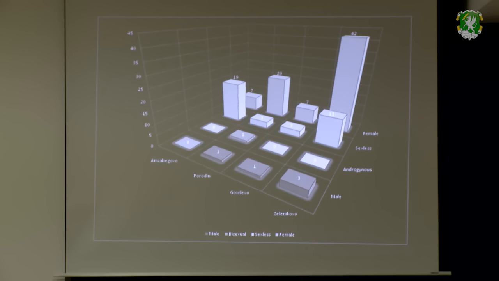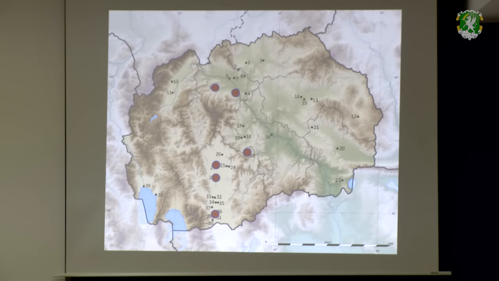In some sites, it's true that most of the figurines are female, but in sites like Amzabegovo, or the sites in general in the Ovčapolje region, they are mainly sexless. So the communities in these settlements intended to represent something different throughout the human body. So when we make further analysis of the neighboring sites like Govrlevo and Zelenikovo,